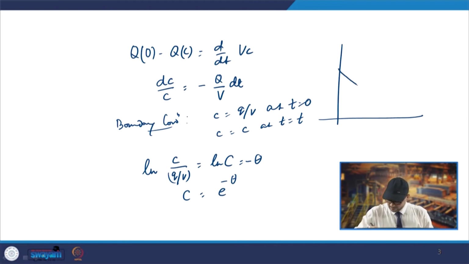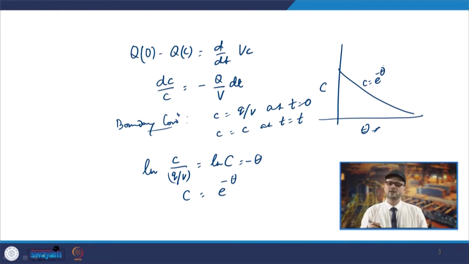So, you will have this way, C and theta. In the case of well mixed flow, ideally mixed flow, your C will be e raised to the power minus theta. So, this is 1, and your theta is increasing. So, it will be 1, this will be 1.5, and then it will keep increasing in this way. So, this will be 0.5. You will have 0 values on the sides. So, this